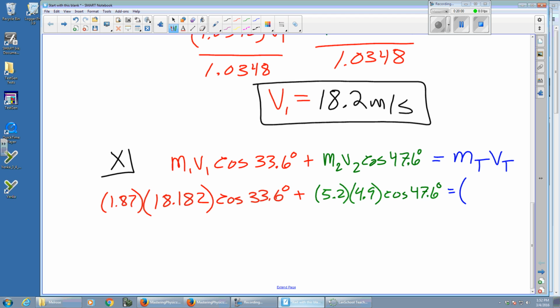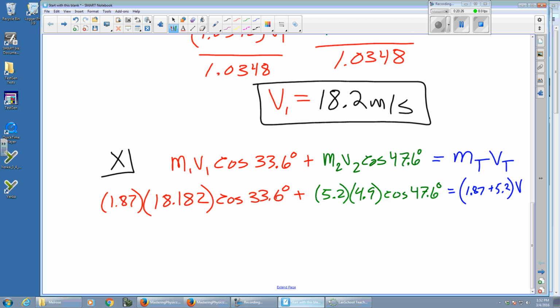When these two blobs of clay join together, what's the mass of them going to be? How would I find out once these two hit and join together? How massive are they going to be? Add them, right? So for me, that's 1.87 plus 5.2,